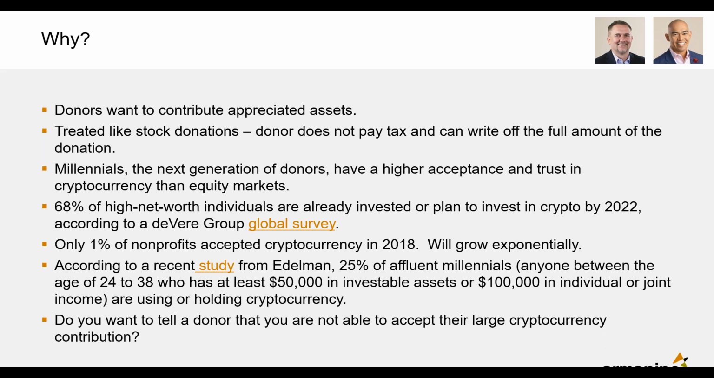And do you want to tell a donor or your board or your development team that you cannot accept a large cryptocurrency contribution? Or you don't know how, or it might take a while? If you think about the donor and what that donor looks like, they're in cryptocurrency because they like the fast, they like the non-bureaucratic, they like all of that. And by you saying, oh no, but wait, hold on, I'm not ready for this,